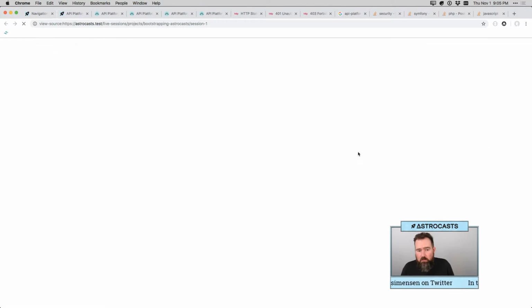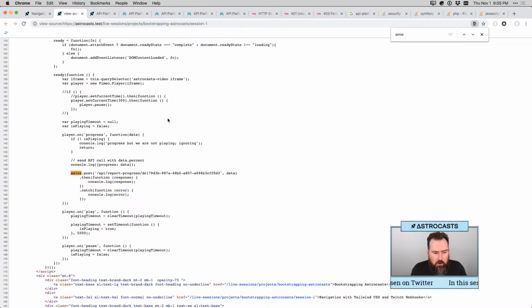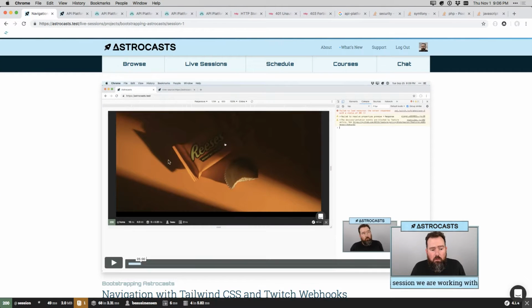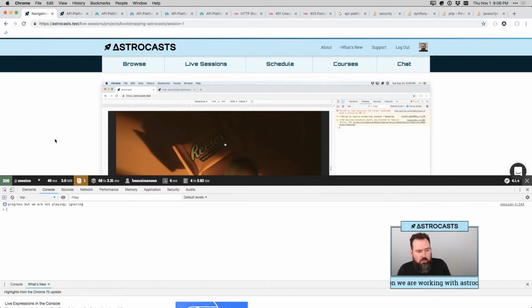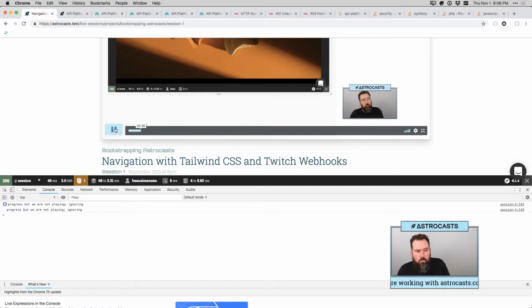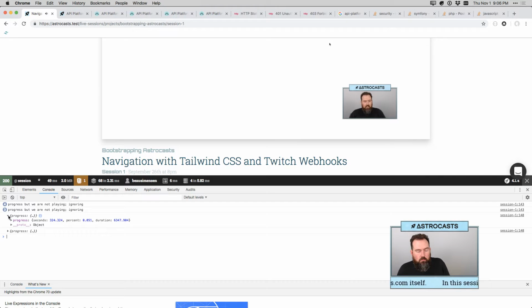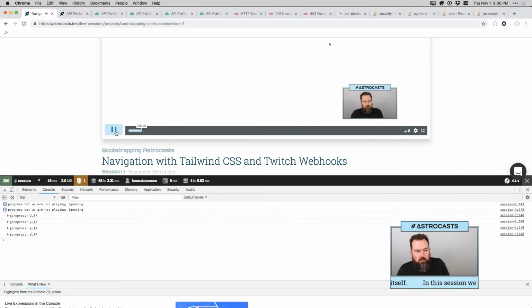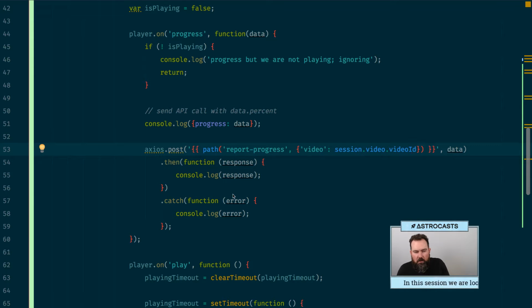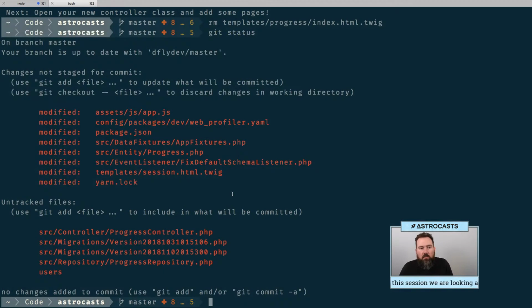All right, so let's look at the Axios call. So it's going to post to API reports video. It's going to use the logged in user. So that should all be good. Question is, will it actually do something? So it's doing progress, but doesn't appear to be doing anything else. All right, so